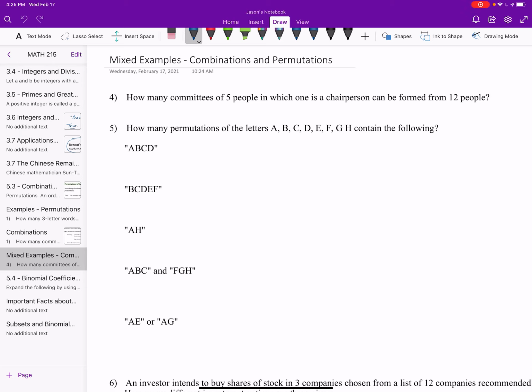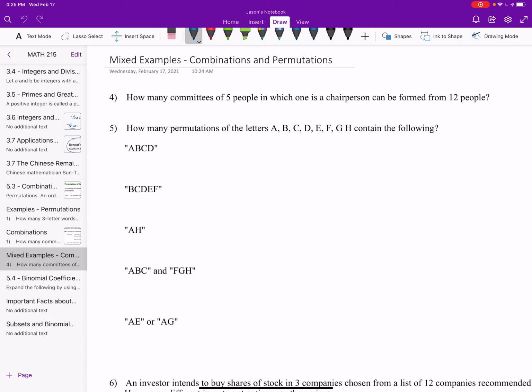All right, so looking at these last couple examples here, we have to decide whether or not we're going to use combinations, permutations, or don't forget we have that general counting principle where we multiply the number of ways to do each step. So looking at number 4, we want to know how many committees of 5 people can be chosen in which one is a chairperson,